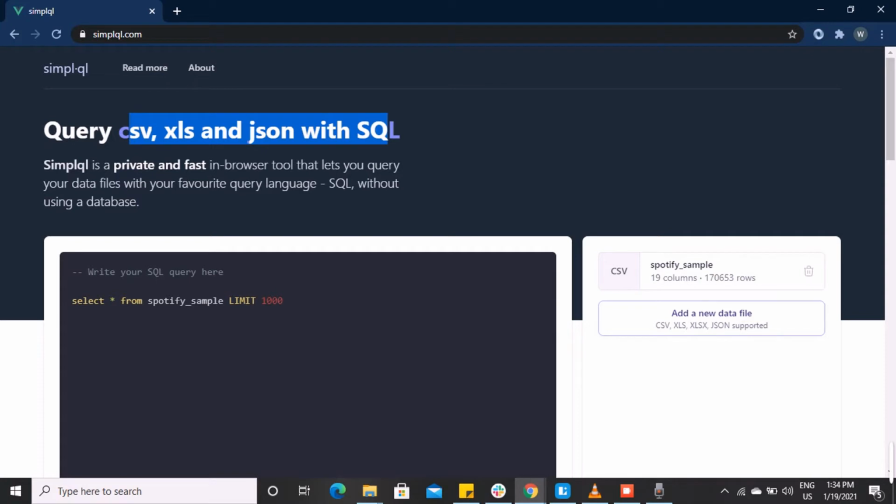So if you have worked with these types of files, you can understand how irritating it is to go through these types of files, and without a specific query language, it's really difficult to go through and make sense of the data. So basically this is an in-browser tool, and you can upload your files in here,